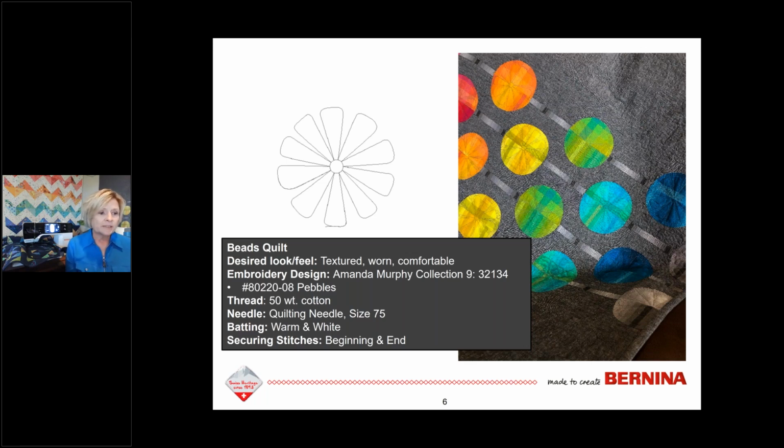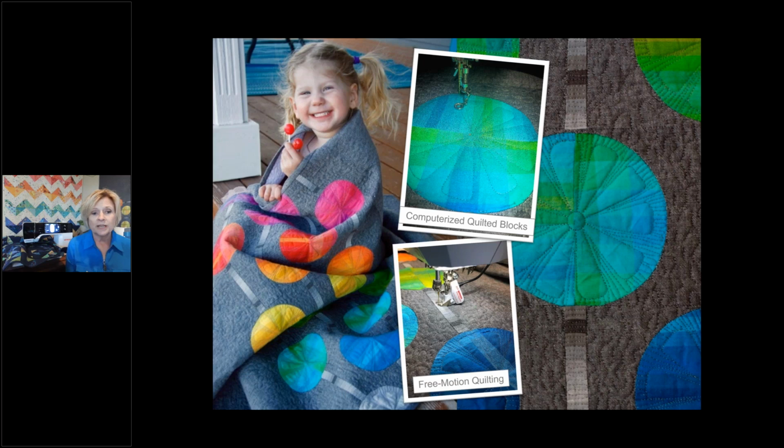For the thread on this quilt, I did use a 50 weight cotton, and I used the 75 quilting needle on this, and warm and white batting, and I did use the securing stitches at the beginning and the end of this design. For this quilt, I just used two quilting techniques, the computerized quilting, where I quilted all of